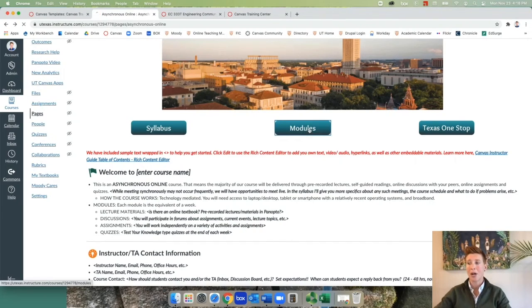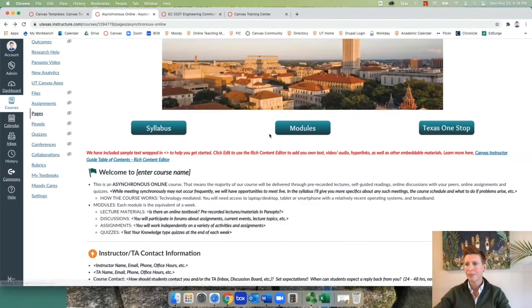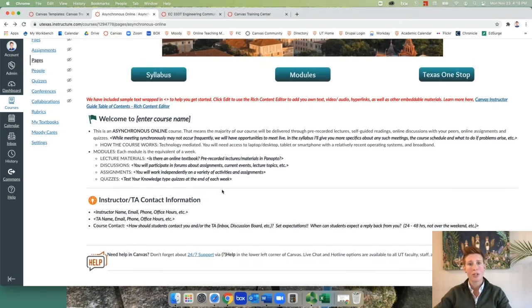So if I click here on modules, it's going to go right to the modules page. Down here it has some information. Welcome to the course, a little bit of information about how the course works and things like that for the students. And then down here, there's the instructor and TA contact information. So you can access this, plop this right into your course, fill in the information, and you have an inviting and informative homepage ready to go.